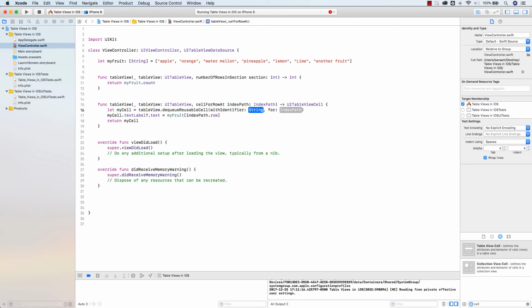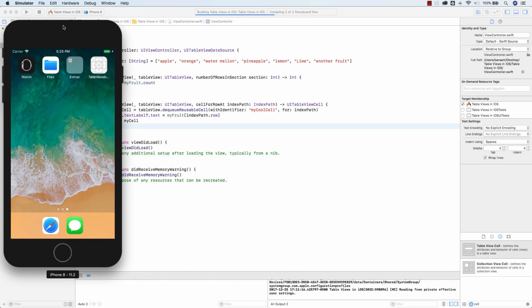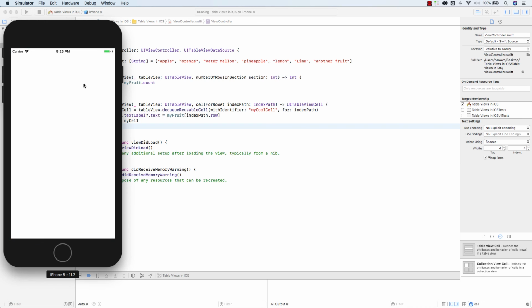So I'm going to go ahead and click return to choose that. And then for string, I have to type in exactly what my name was for the identifier. So if you recall, it's my cool cell, with an uppercase C. And for index path, I'm just going to type indexPath. All right, perfect. Now if I go ahead and rebuild the app, it should look the same as before, except